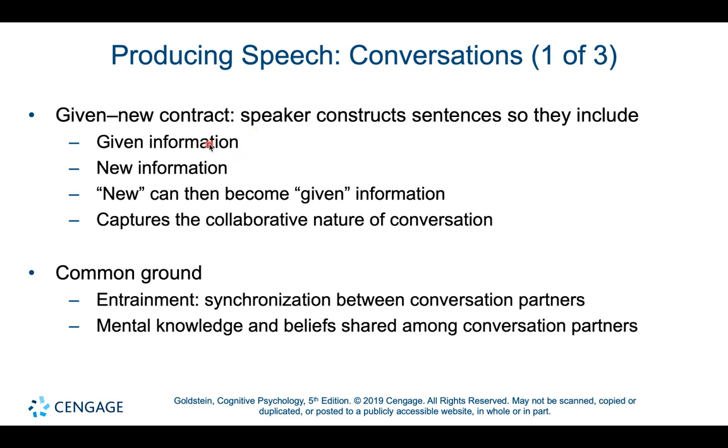So, what this means is that at the beginning of a conversation, when a conversation starts, it includes information. That information is known as the given information because it can be taken as a given that the people in the conversation know and understand that information because it's already been talked about, it's already been discussed, so it's given. And then every subsequent segment of speech or new person that's speaking adds new information. And what people do is they construct new sentences such that they include and reference the given information, but then they add new information. So, for example,